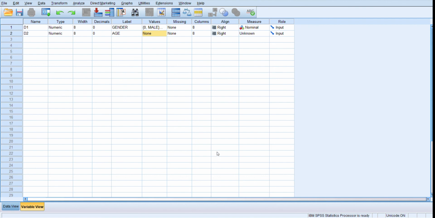Likewise, I have given two options for a survey regarding the youth. Here, missing value as usual, keeping every field default, and I am going to the measure. Obviously our question's output is numerical, so you have to choose scale. So this is the case of creating the SPSS file. Thank you.